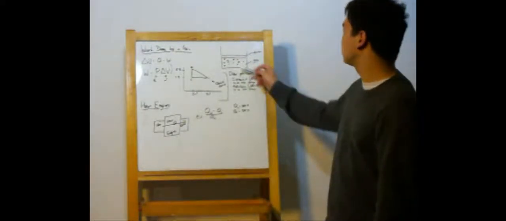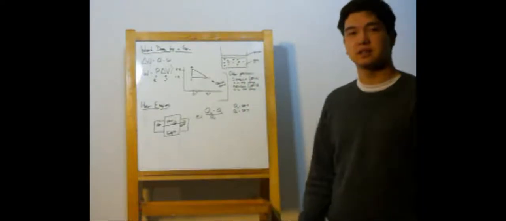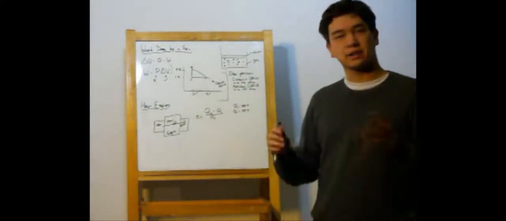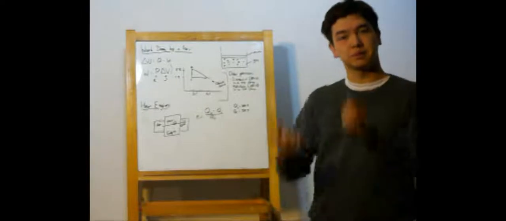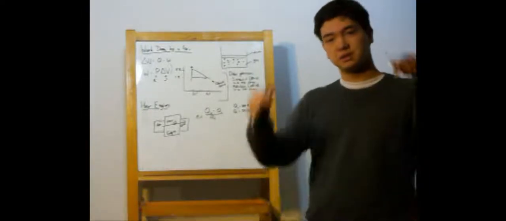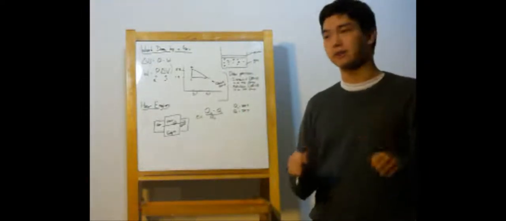So here we have a particular setup where we have gas on the bottom and a piston on top. What's going to happen is either you can expand the gas, increasing the volume and pushing the piston up, thereby doing work, or the piston can come down, compressing the gas, decreasing the volume, and doing work on the